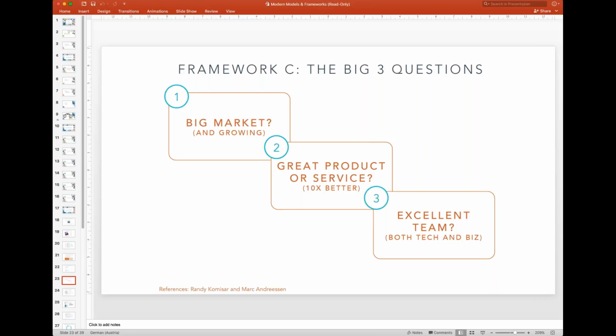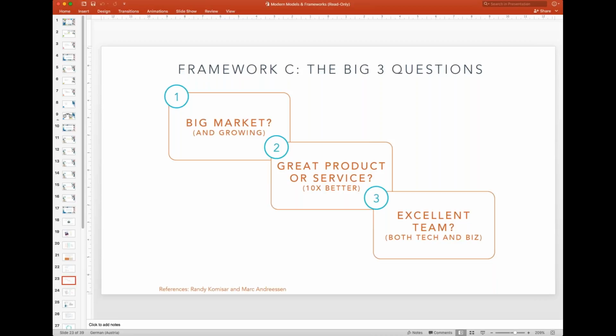WOM is an acronym for word of mouth, and stickiness is a word we use to describe basically the stickiness of the product. If you give a product, if you publish it on a social network, and you see people are telling their friends about this amazing new product, amazing new service that they're using, you can say your product is sticky. Excellent team, both technologically and business-wise. The three big questions